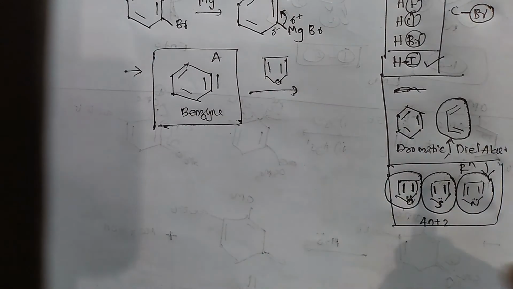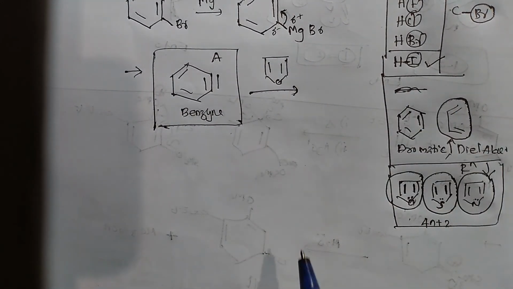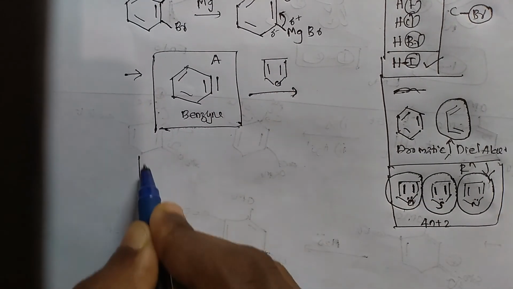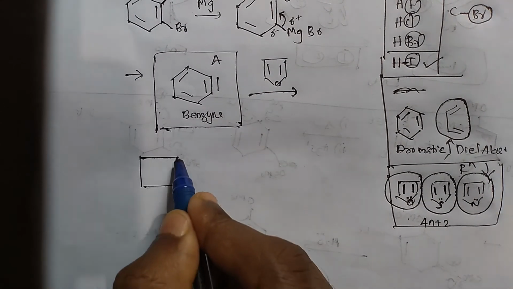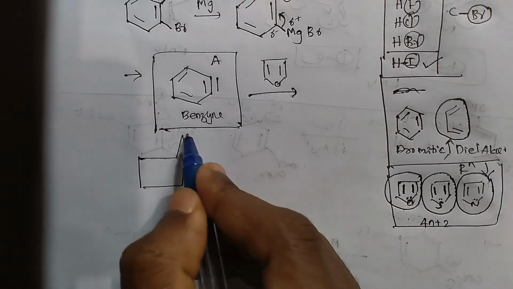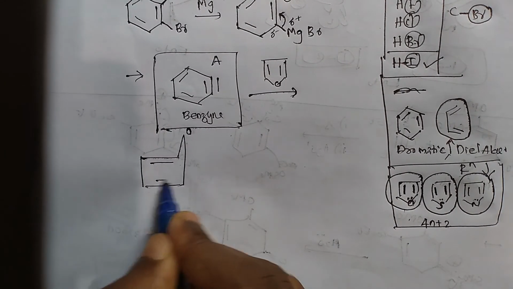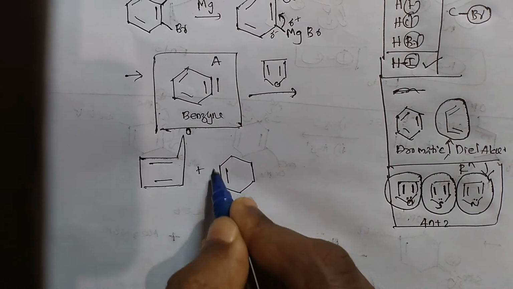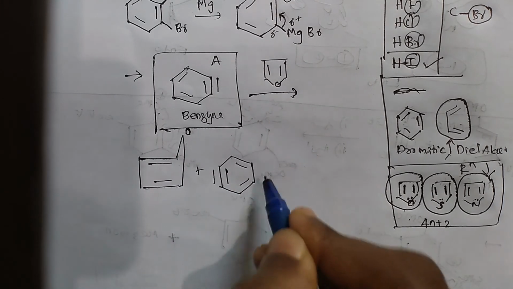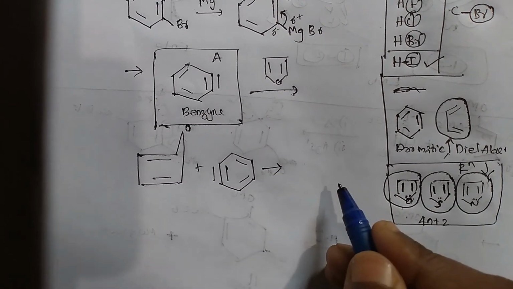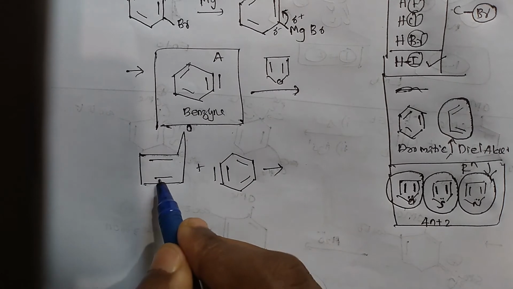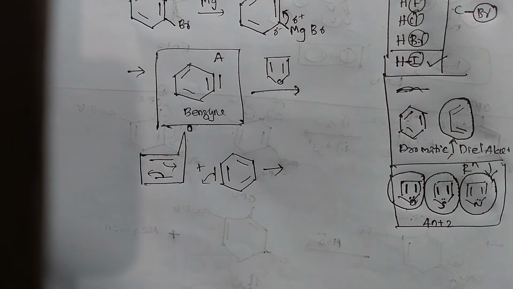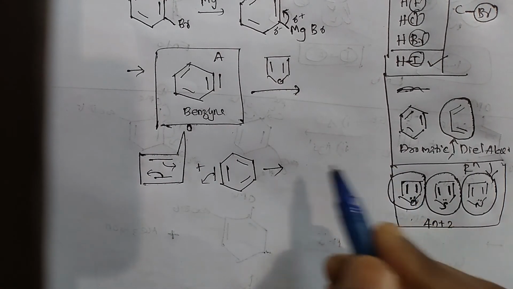You know what happens in case of a Diels-Alder reaction. This is our diene and this is the dienophile. So let me write this furan ring just like this. There is oxygen and we have double bonds here. Then we are treating it with the benzene ring. Now you all know that in case of Diels-Alder reaction, this kind of reaction occurs. It will lead to a formation of, I will show you,